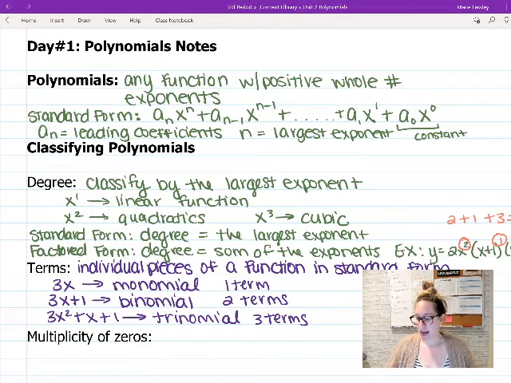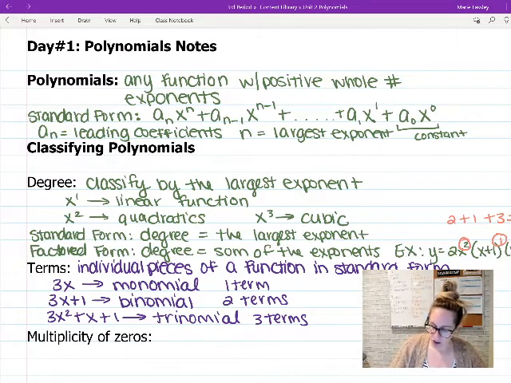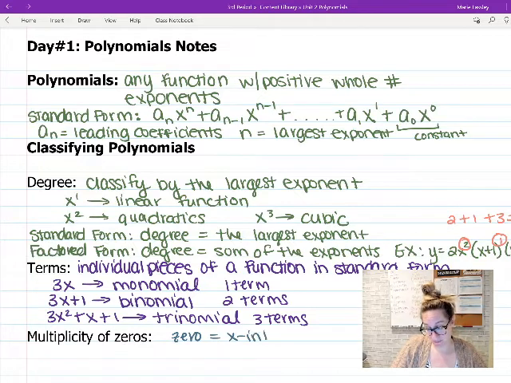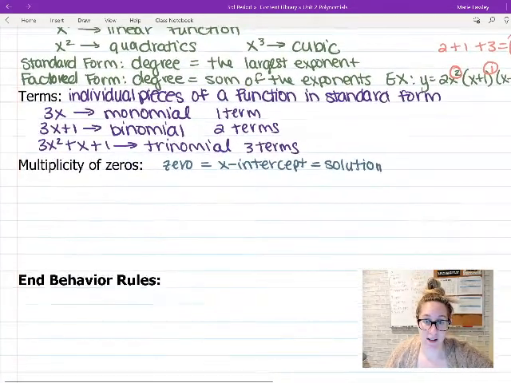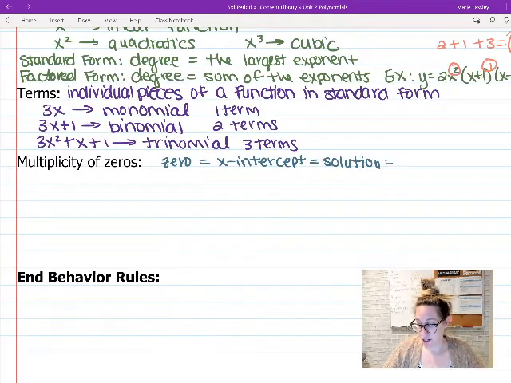And I want to take a side note here. First off, a lot of people are confused when they see the word zero. And I understand because in math, we have a lot of words that kind of mean the same thing when it comes to zeros. If you see zeros, just know that there's 3 or 4 different words that are talking about the same thing. So a zero is the same thing as an x-intercept. Same thing as the solution. You can also see this called a root,